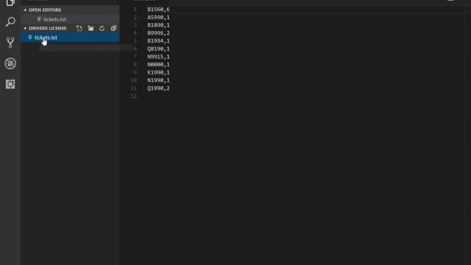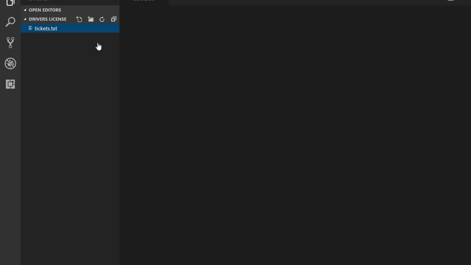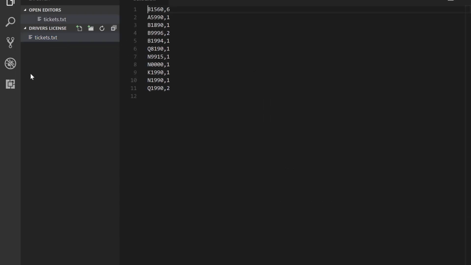This is my files. All of the files that are in this folder will show up here in this drop down. If I don't have this file open, it'll go away from Open Editors. So Open Editors is just what files you currently have open, so we can see more than one at a time if we'd like. And what's going to happen when you do this the first time is I can create a new file right here, which will automatically put that file into this folder. And so I'm going to call this one Driver's License,